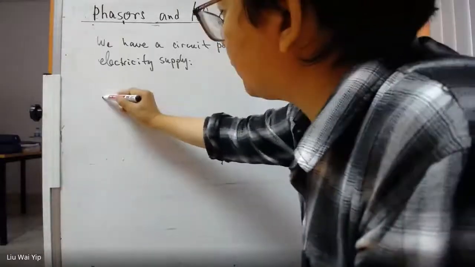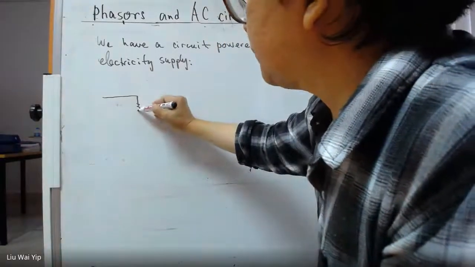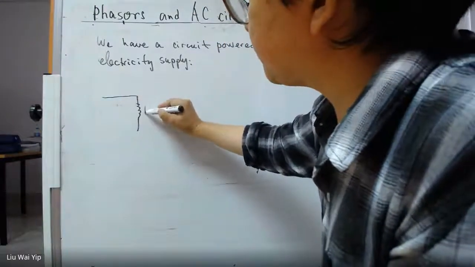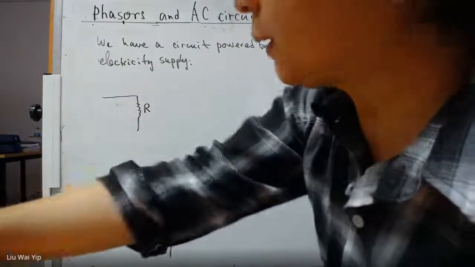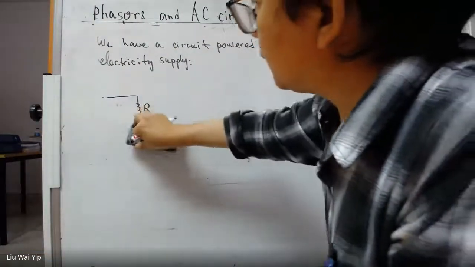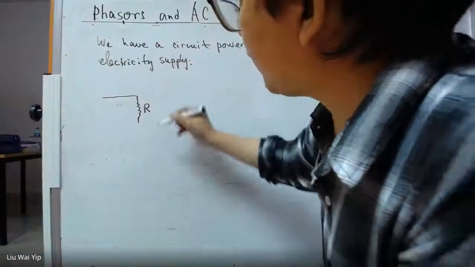And this circuit is very simple. You have a resistance. The resistance is going to be, say, 5 ohm,